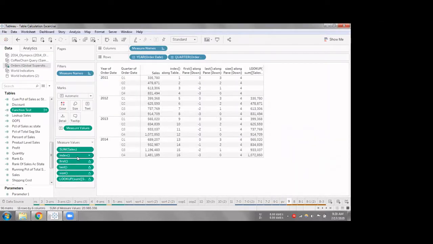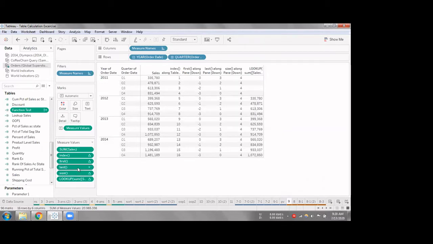So for example, index, which gives us just the row level index number based on the view, and the first helper function will give us the distance between the current row in which you are to the first row in the defined scope.